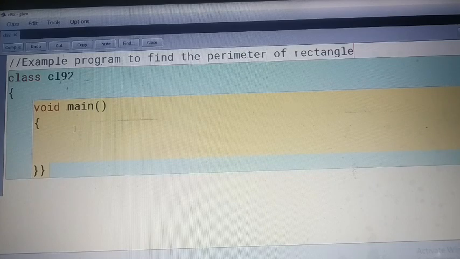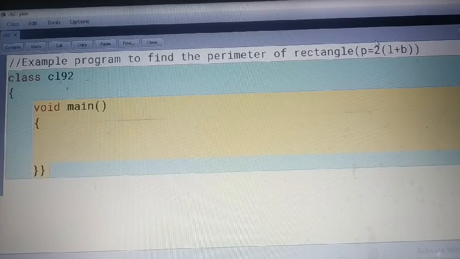So what to do if such a program is given? What is the formula? I am writing here. How you will recognize the program? P equal to 2 in bracket L plus B. This is the formula. How many expected variables you can get for your program? The simple option is there. First, read the program carefully.